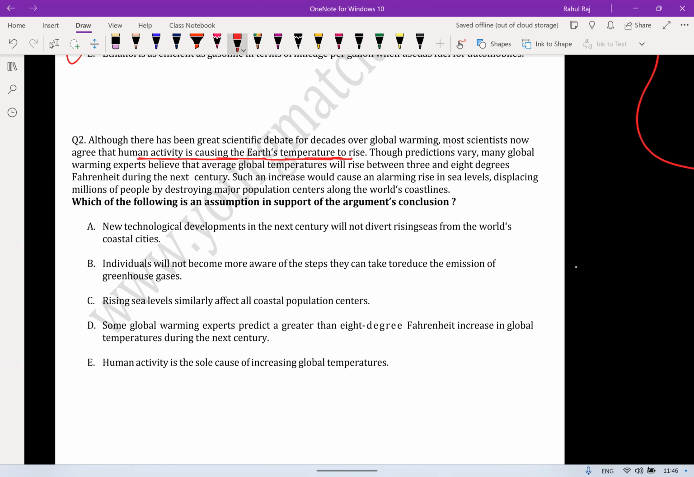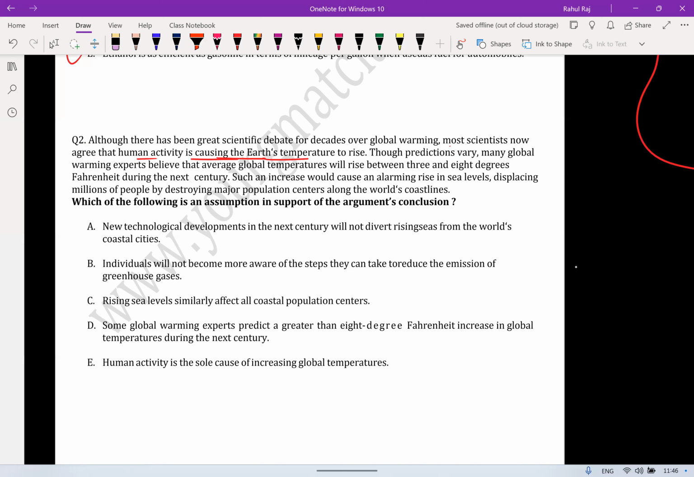Human activity is causing. So do not assume anything. This is a fact, right? Absolutely a fact. There should not be even an iota of thought that this is a conclusion. Please understand. So it says, although there has been a great scientific debate over global warming,